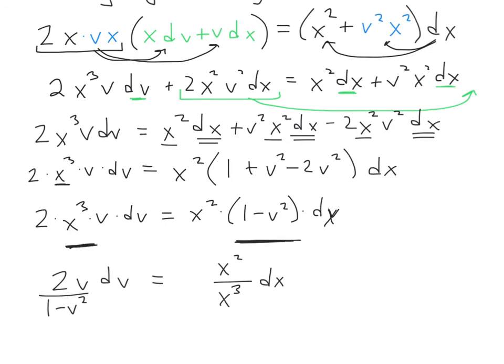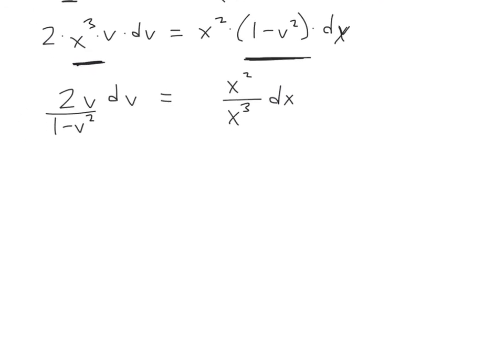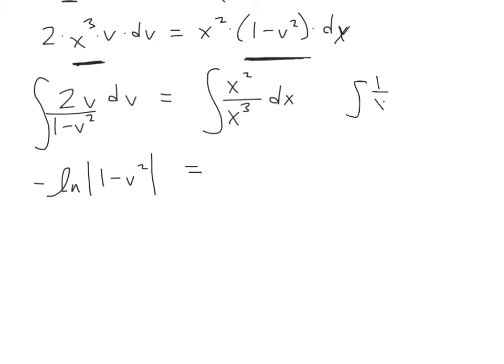So my next step here is going to be to integrate both sides of this thing, right? On the left side, I'll integrate with respect to v, and the right side, I integrate with respect to x. I suppose that right side should have been simplified first, but I think we can see that. This left side is a u substitution, but I think it's a fairly easy one, so I'm hoping we can sort of skip that step. This is going to be the negative natural log of 1 minus v squared. And on the right side, this is basically just the integral of 1 over x, which is the natural log of x